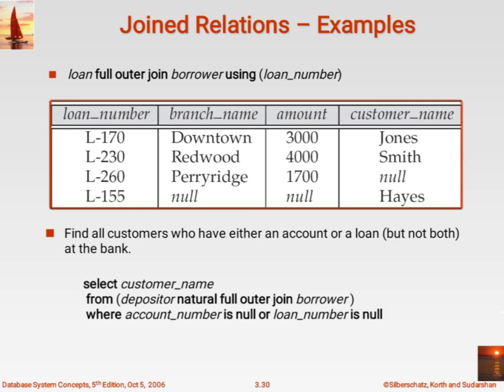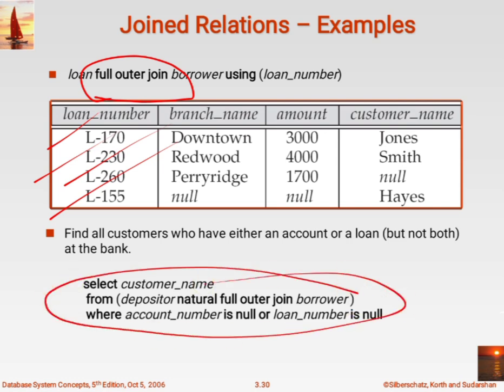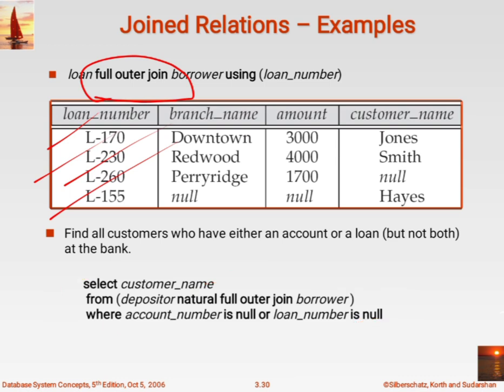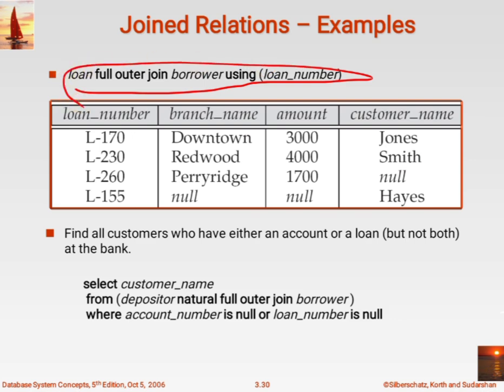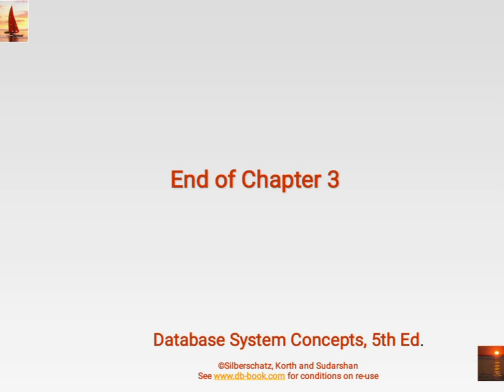Then this is the full outer join. Full outer join means the complete combination of two relations; I am going to join two relations together. So there are four loan numbers: 170, 230, 260 and 155. The way of writing is: loan full outer join borrower using loan number. So there must be a common attribute whenever we are joining. So this is all about the